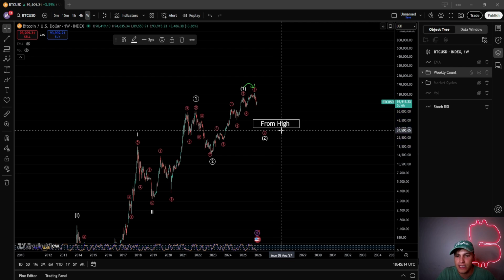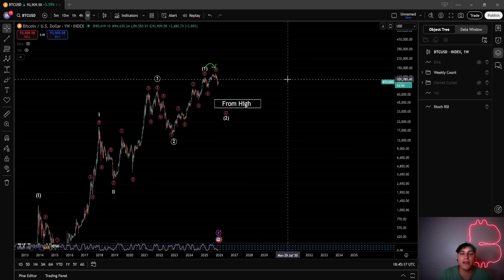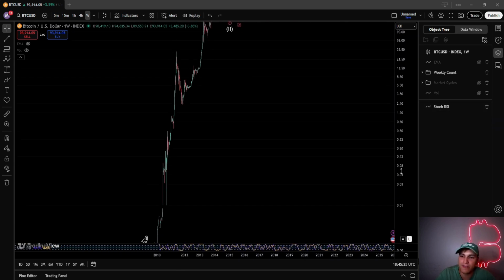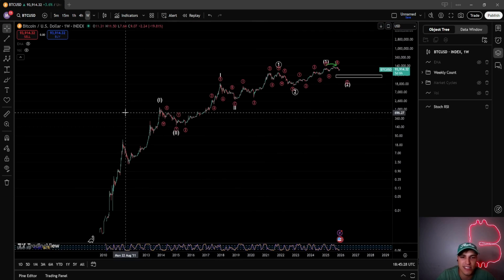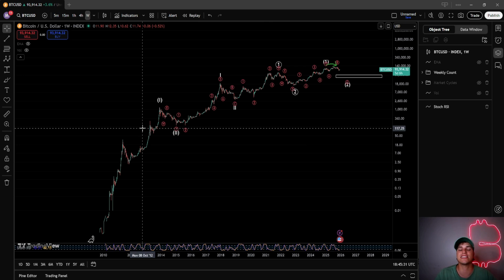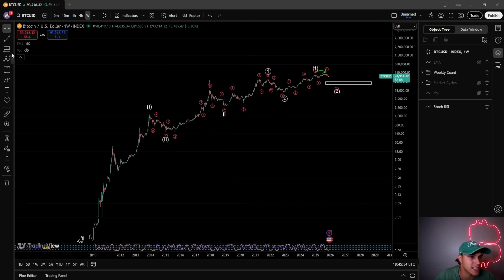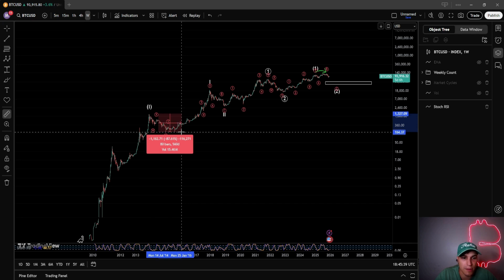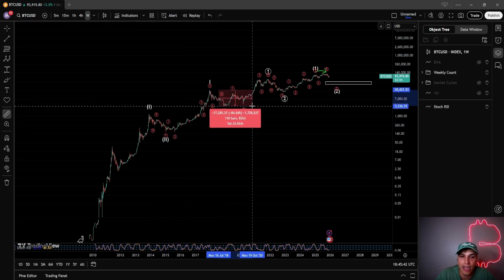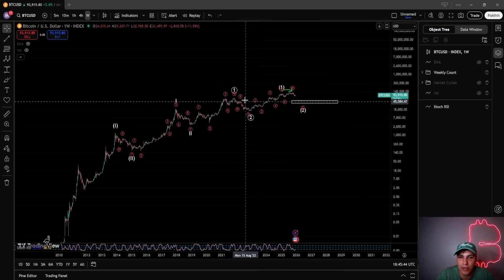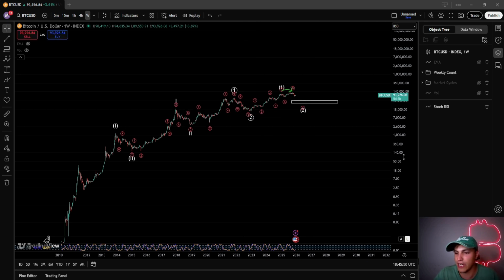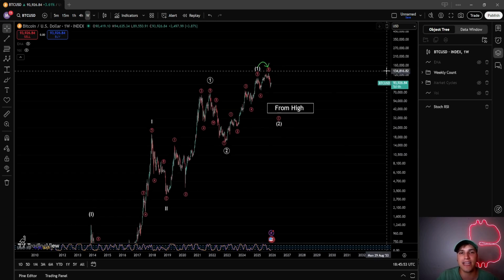So let me remove some of these targets, right? And what we have seen over the past few years of Bitcoin's existence, since all the way down here, is massive corrections take place, right? Corrections that are 60 to 70% on average. We can see here, if we go down from here, this is quite a bit bigger, an 87% correction. We have down from here an 84% correction. We then have down from here a 77% correction, right?